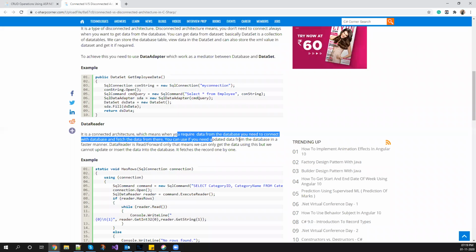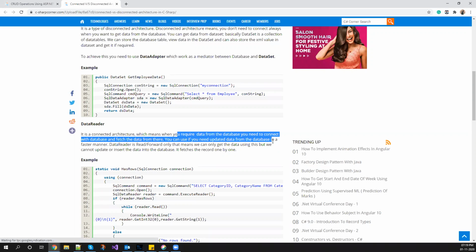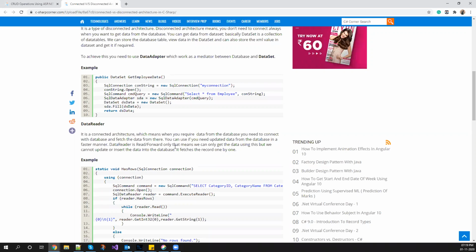So what is connected architecture? You require data from the database, so you connect with the database and fetch data from there. It is generally done when you always need updated data, that I always want to have the fresh data. But what is the disadvantage of connected architecture? First disadvantage is you have to make a connection every time. It means more server trips, basically less performance.